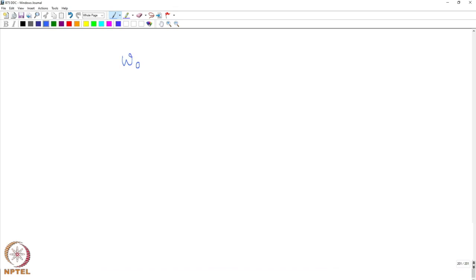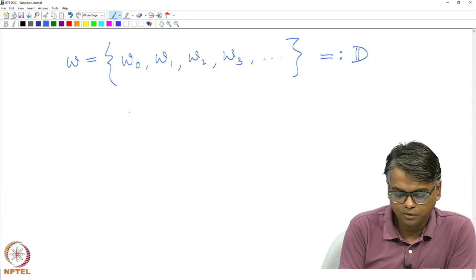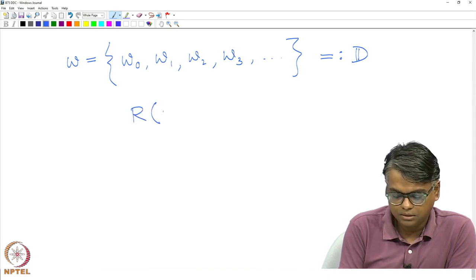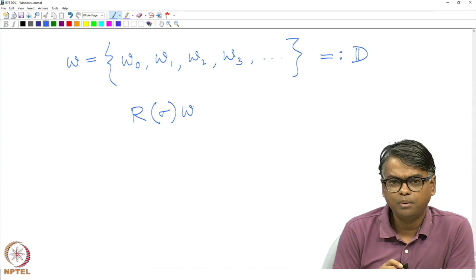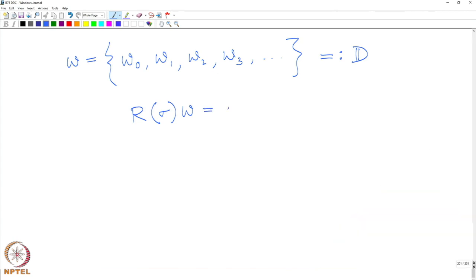So, we have W0, W1, W2, W3 and so on, this information we have for our data. This is my data set, and I am going to call this W in general. From this I am trying to find out the equations for the most powerful unfalsified model such that this is true, right. And in that process what we notice is that we can break up this process of finding out the equations